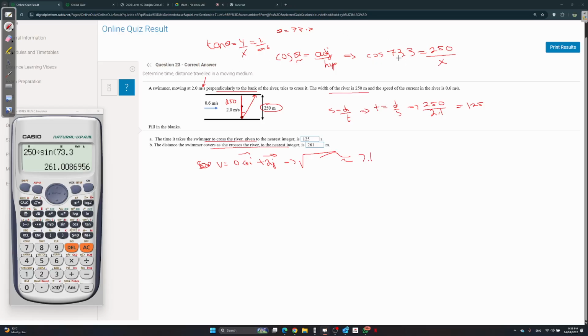Okay, I just figured out why it's sine instead of cos, because this theta 73.3 is not this angle here. It's always the angle you get with the x-axis. So this is the 73.3. The angle we want to use is 90 minus 73.3. So I can't use cos 73.3, I have to use 90 minus 73.3. So let's try that again. 250 over cos of 90 minus 73.3. And you get